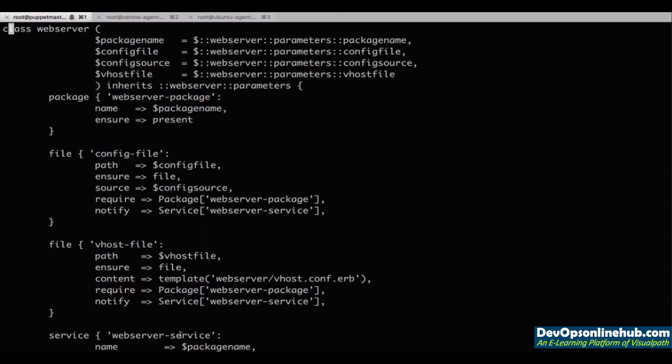vhost-file, and webserver-service. Instead of getting the package, file, and service names from this identifier, Puppet will now get the names for the package and service from the newly introduced name attribute and the file names from the newly introduced path attribute. Instead of setting names for these attributes, we have mentioned the variable names where we had previously stored the parameters